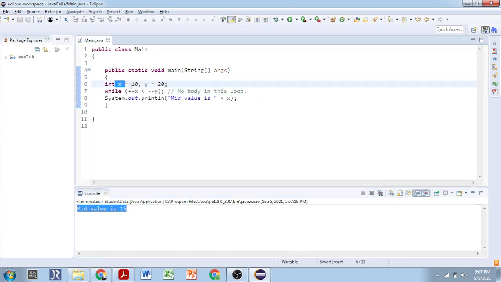The value of x is incremented for each iteration of the while loop, and the value of y is decremented for each iteration in the while loop, correct? So we can reach the mid value between x and y in this way. When this value is less than this value, it will keep on going, right? So whenever it terminates, that is, this condition is no longer satisfied, at that time the value of x